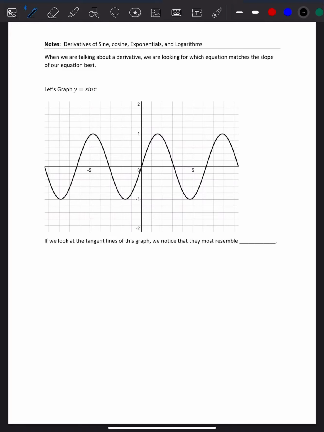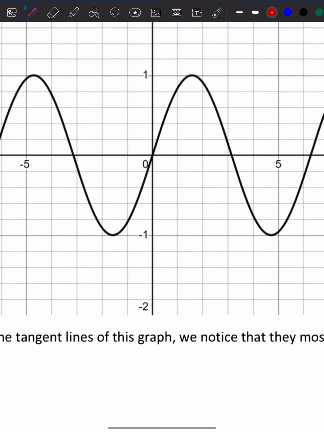Today we're going to be talking about some derivatives of some of our common functions, and then we are going to look at where they come from. So we're going to be looking at some different graphs and thinking about how these tangent lines would look. If I think about the slopes at each of these points, it can look like a different graph. So if I'm looking at sine of x right here, one of the things that I can look at